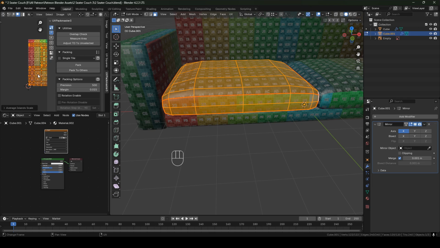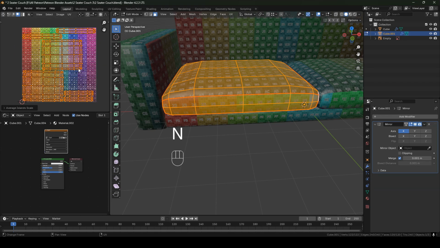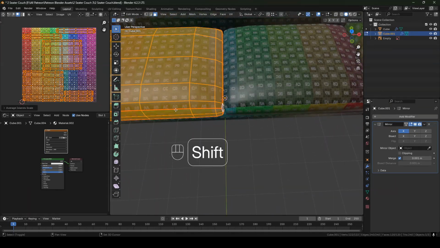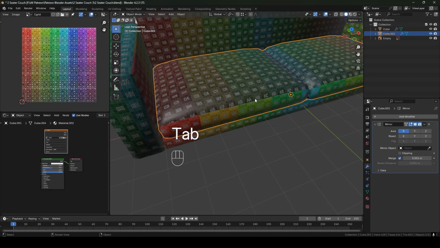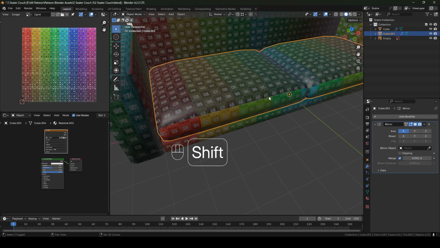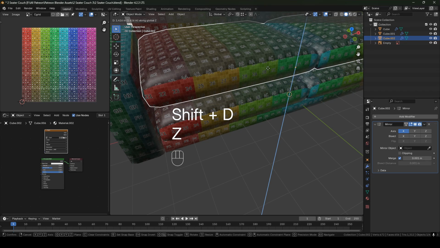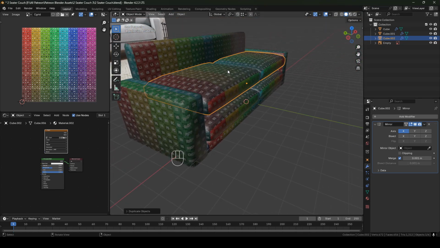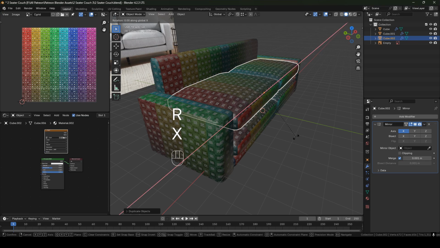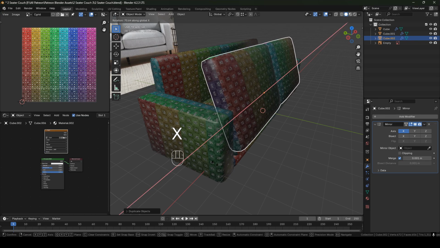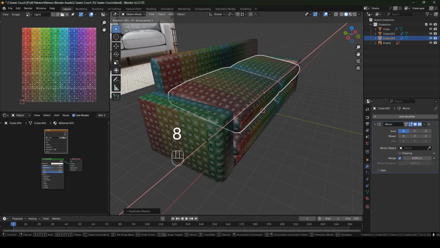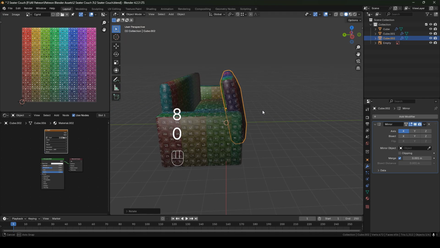I can talk more about this later on, but for now, I think this is looking good. This looks alright. So I'm going to go back into object mode. I'm just going to press Shift D and press Z to bring that up, because we're going to now put this onto the back of the couch. Let's rotate that on the x-axis. Let's rotate that, say, 90 degrees, but let's just do 80 degrees, and then we're going to press,